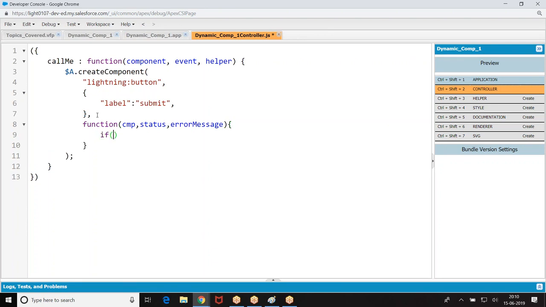Now, if status equal to success, if status is success, what am I going to do? First get the existing body in the component. Whatever the existing body was there, get that existing body.